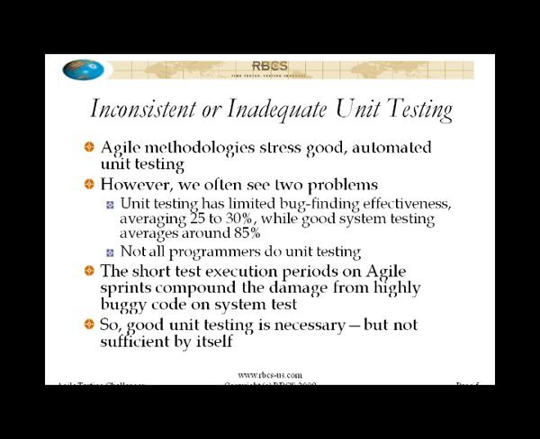If you take a look at some of his books, like Estimating Software Costs, for example, you'll see that the average unit test effectiveness is somewhere around 25 to 30%. Now, in our studies, when we've done assessments with our clients around the world, we see that a good independent system test team tends to average about 85% defect detection effectiveness. So clearly you want to have both.